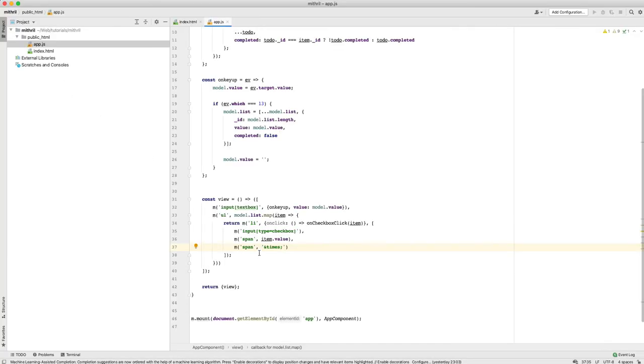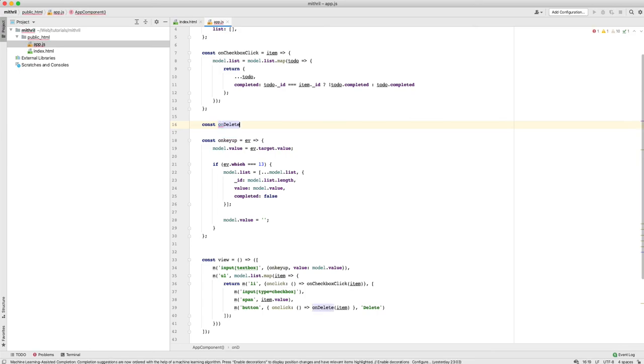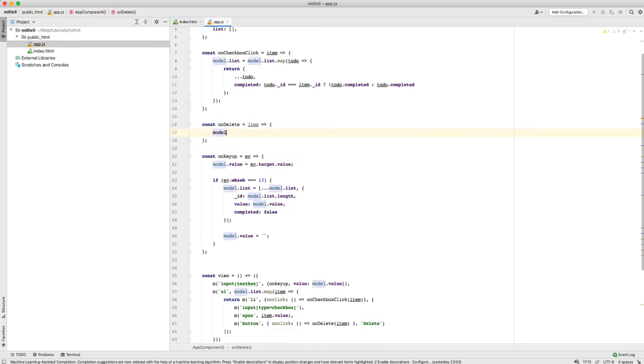So if I type in Facebook again, oh, actually, sorry, a button tag, and that button tag will say delete, and then I'll say, okay, on click, and I'll just throw an arrow function in there and say onDelete, and I just slap the item in there again, and then I create a function in here called const onDelete equals item, right? Because I've passed the item in,